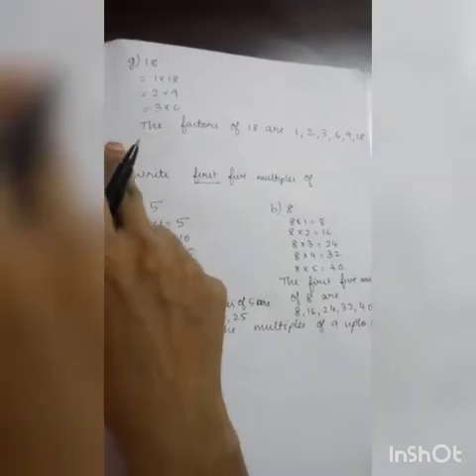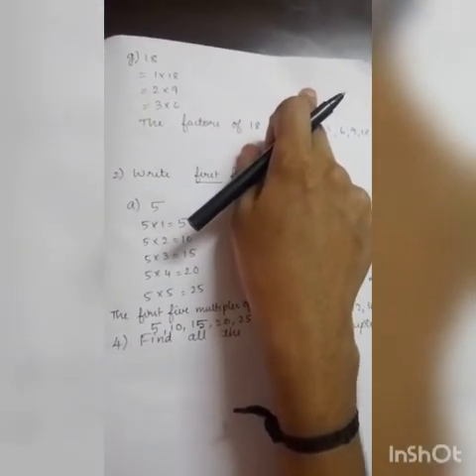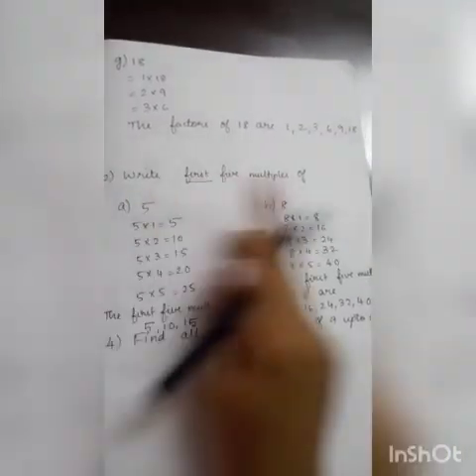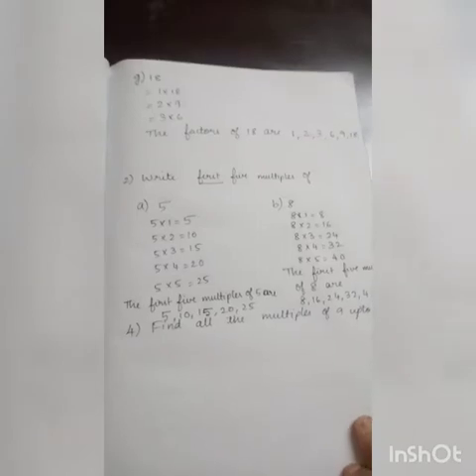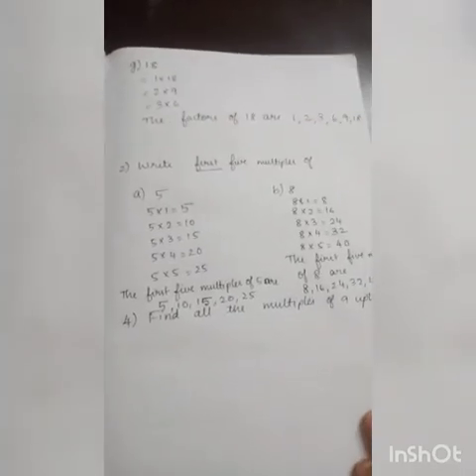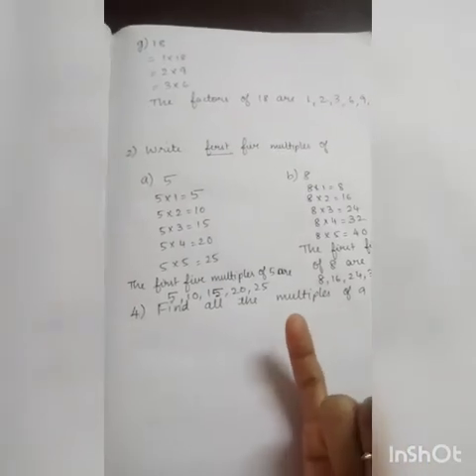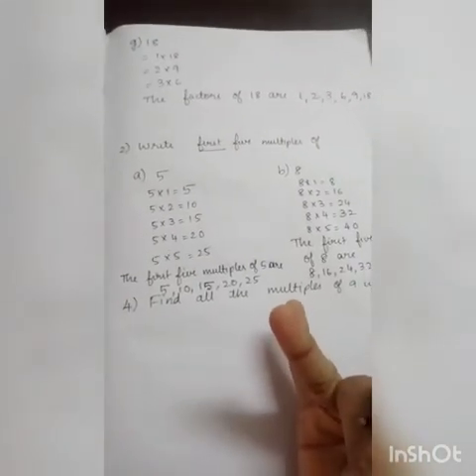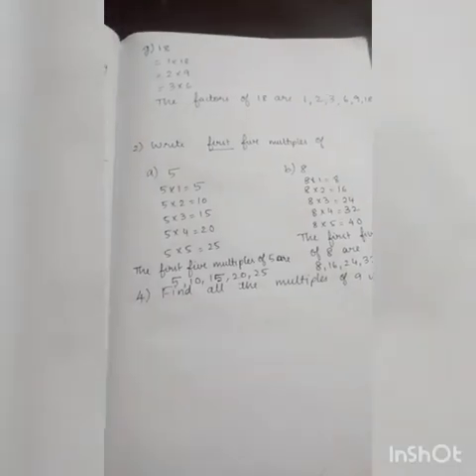Then in the first question, H and I is your homework. H sum and I sum is your homework. In the second question, C sum is your homework. Next, third question, it is a match. You can write it in your textbook. That is also your homework. So totally, first question H and I is homework, second question C is your homework, third question you should write in the book. Okay, so that is your homework.